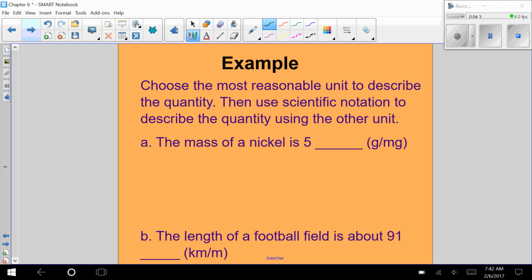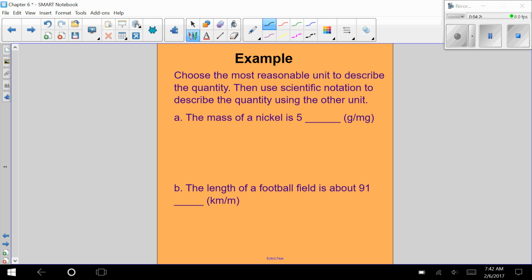Now we're going to choose the most reasonable unit to describe a quantity, and then use scientific notation to use the other one. So the mass of a nickel is 5 grams or milligrams? Well, it is more likely to be 5 grams. Well, 1 gram is 1,000 milligrams. So this is really 5,000 milligrams. So to write this using scientific notation, we have 5 times 10 to the 3rd power